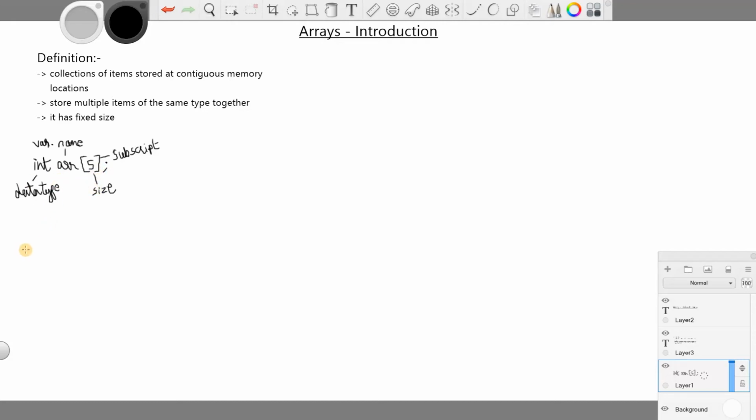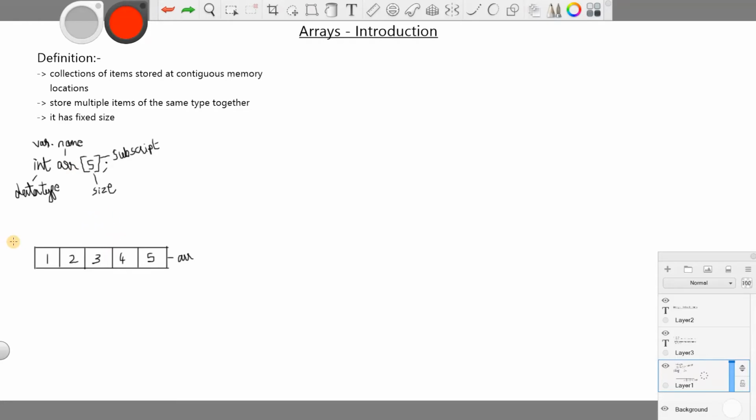Let's go for an example now. I'll create an array of 5 elements. Let's consider the array values as 1, 2, 3, 4 and 5. These are the array elements, so this is the array we have initialized with some values.